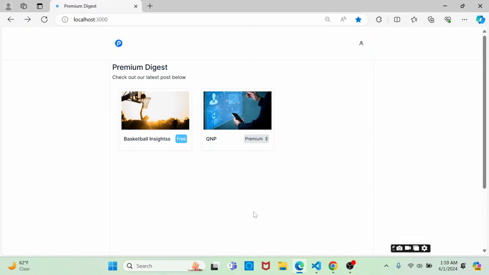So today we'll build a full stack subscription blog application using Next.js 14, Prisma, MongoDB, and Stripe. What we have is a premium blog app, a blog application that we're naming the Premium Digest. And we'll start by having a basic homepage that displays a free and premium blog that is built by one